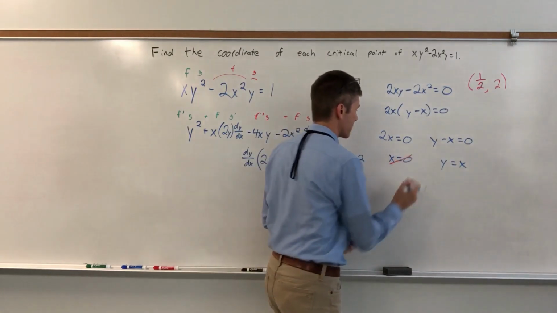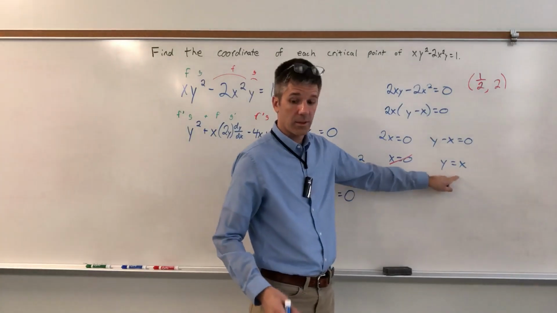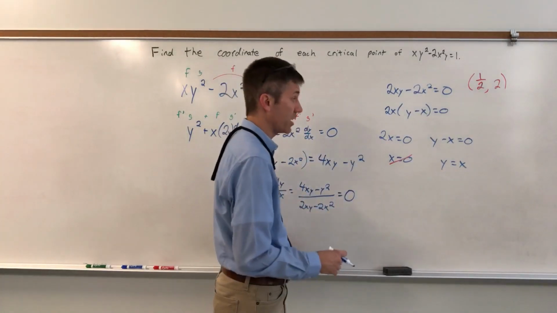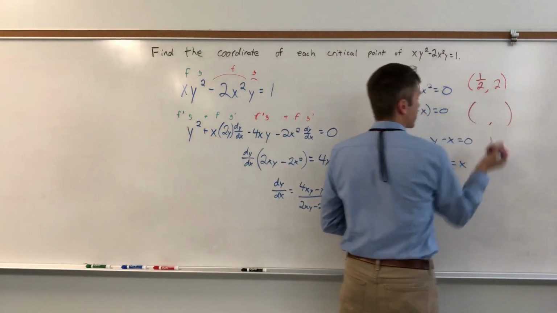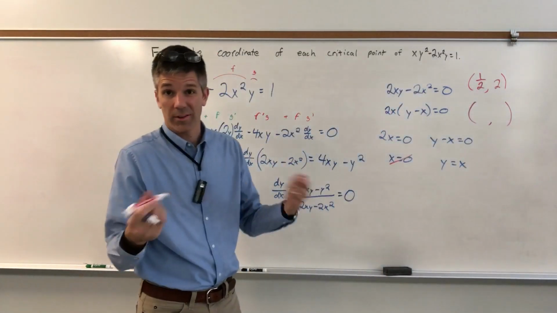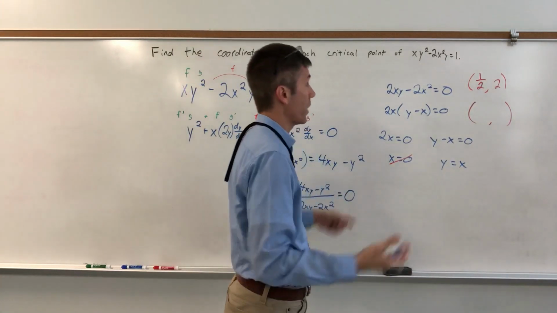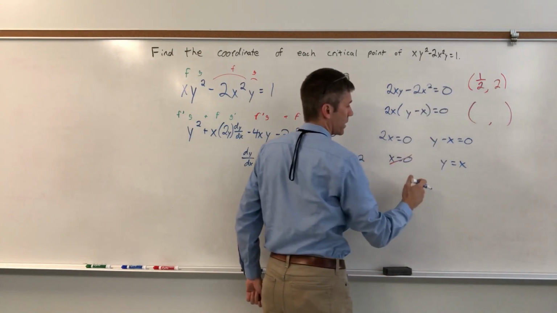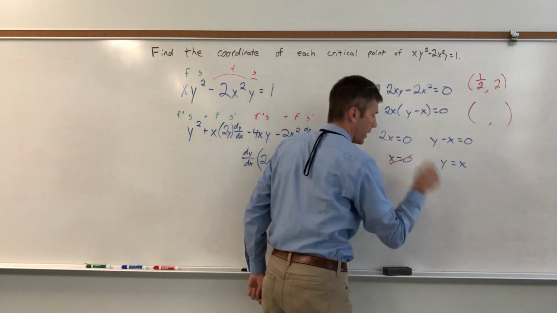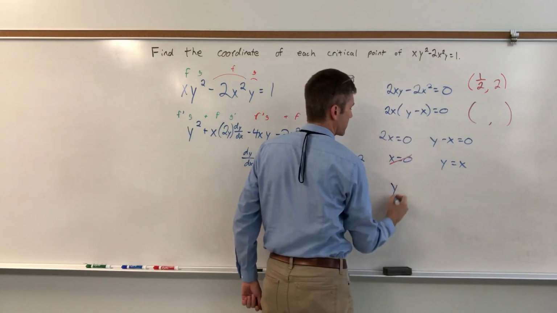There are no answers that come from this, but we might have an answer that comes from where x equals y. So actually, final answer, if we get an answer from there, if we do, we're going to write the same thing on both of them because x equals y. They're going to be the same, right? So we're going to plug x in for y or y in for x. It really doesn't matter. And I'm going to take that, plug in, all my x's will become y's. I'll do it that way. So x becomes y, so that makes it y times y